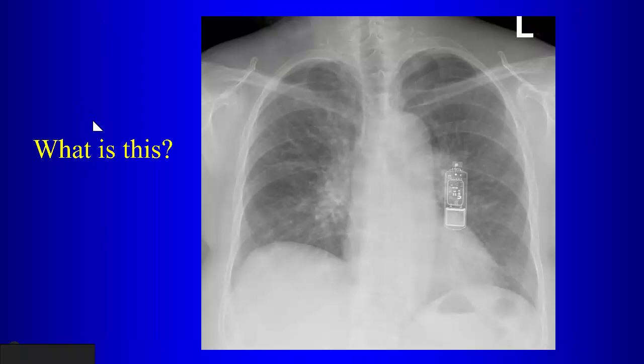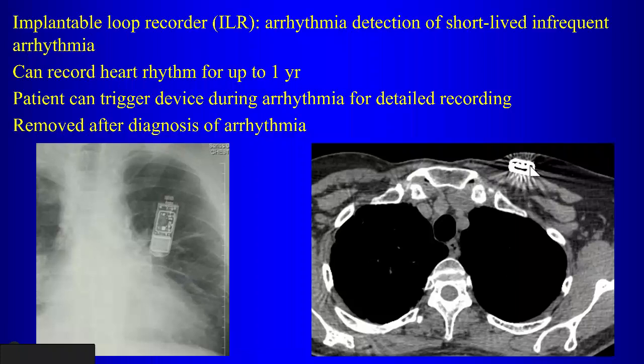When I first saw this, I thought it was a cigarette lighter. But what is this? Yeah, so this is a loop recorder. So these things are placed in the subcutaneous tissue of the chest wall, right? So these are for detection of